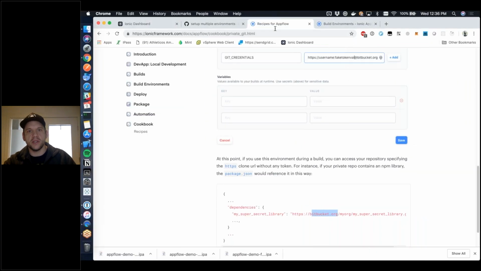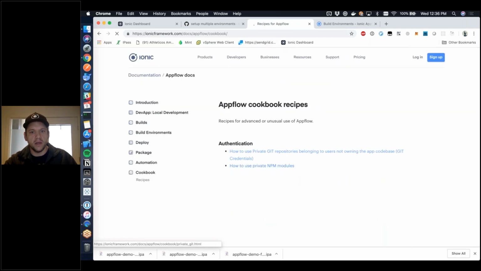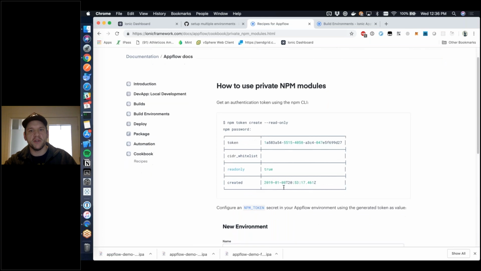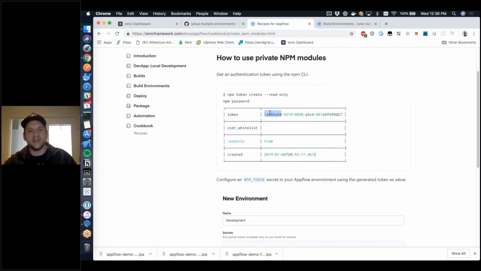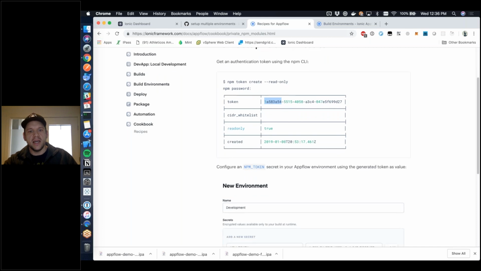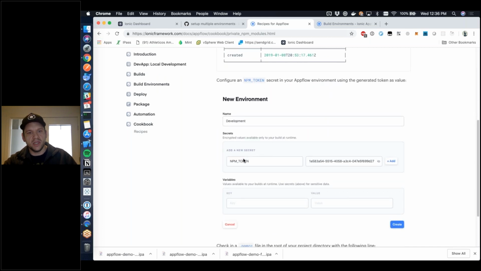Let's see, one other question people ask about is private NPM registries, which is another common one, so we put it in this cookbook as well. For private NPM registries, you can create a read-only token from NPM, which will allow us access to your private registries. Then, again through one of those secrets, you add your NPM token,